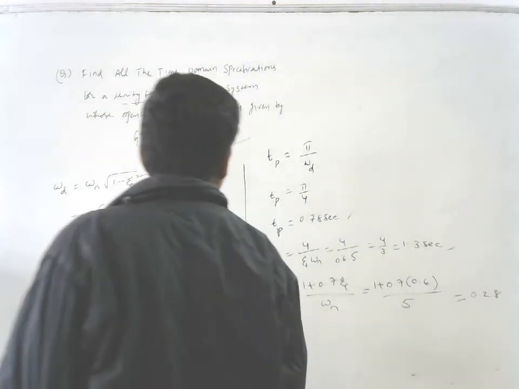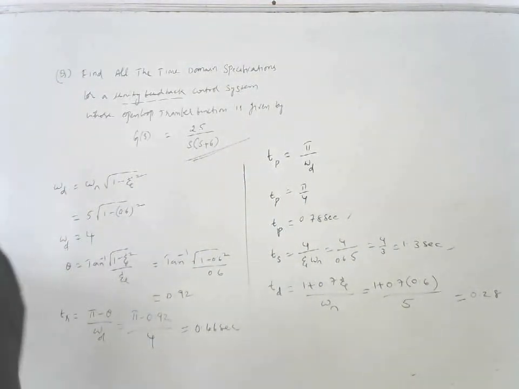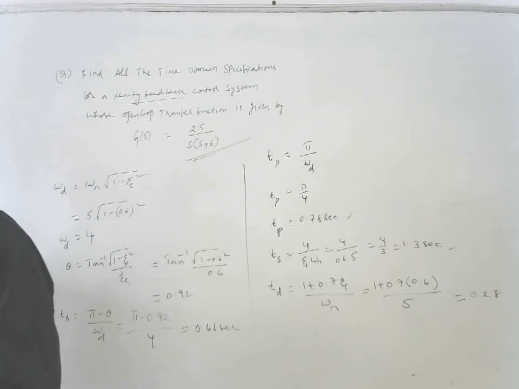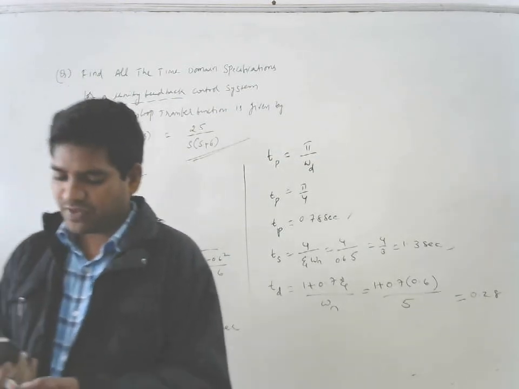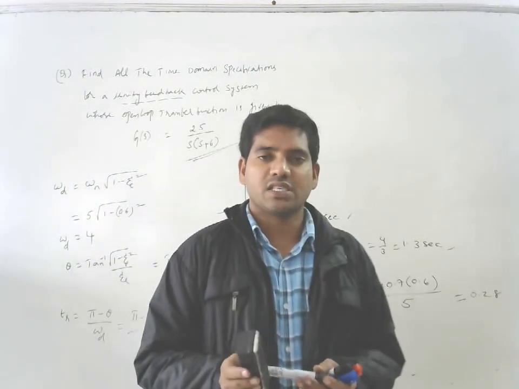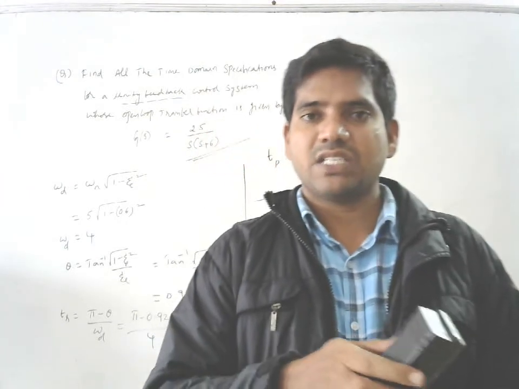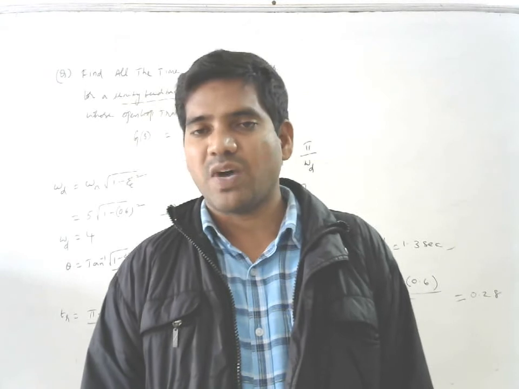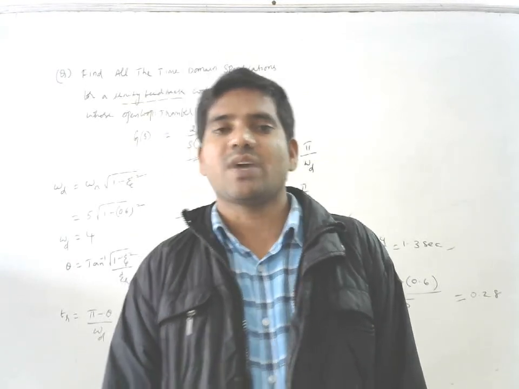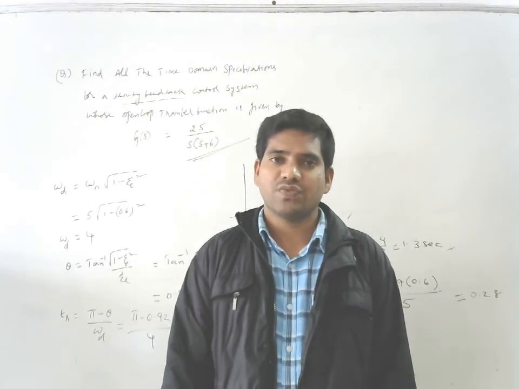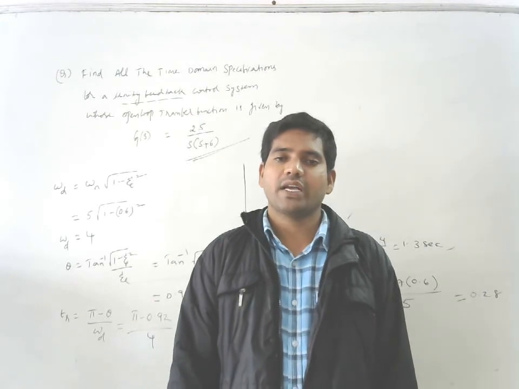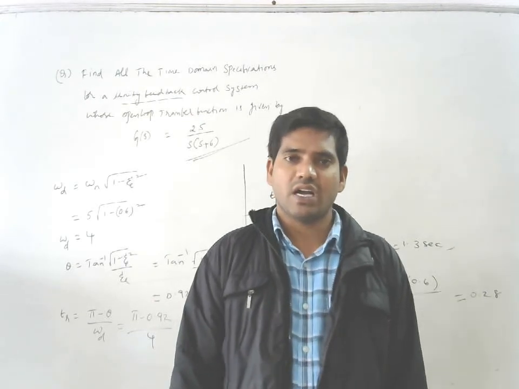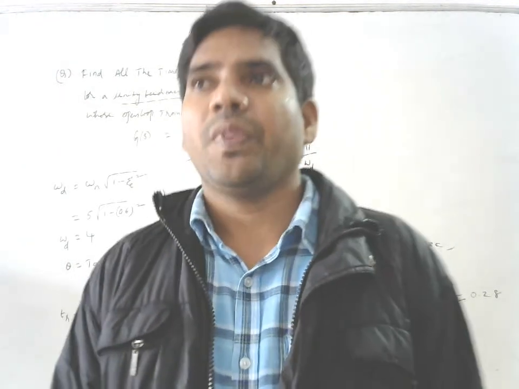We completed these things. And next, we can calculate any time domain specifications for any type of system problems, right? In the next class we are going to discuss the steady state response. What is the steady state response? How many types of steady state constants are we having? That means the acceleration constant, Kp, Kv, Ka values, right?